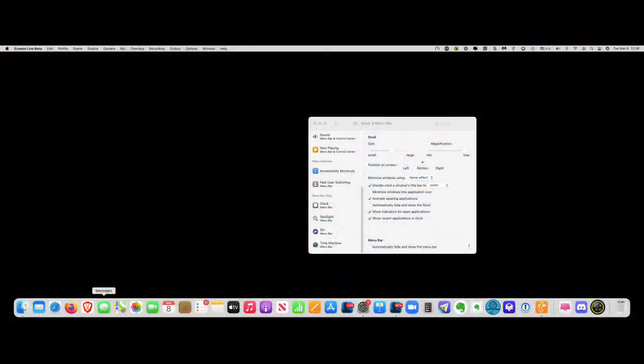The next one is Messages, which of course are your text messages that you can use here as well as on your iPhone and iPad. Then Apple Maps, Photos, FaceTime, Apple Calendar, Contacts, Reminders, Notes, Apple TV, Music, Podcasts, Apple News, and then the iWork